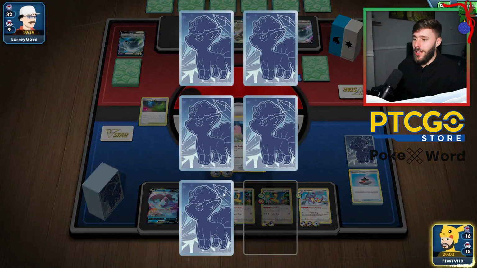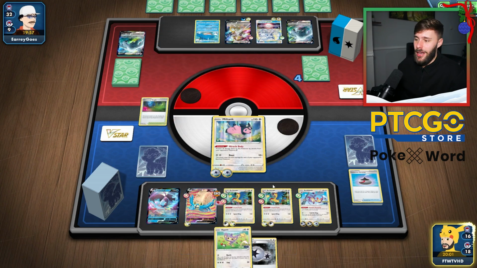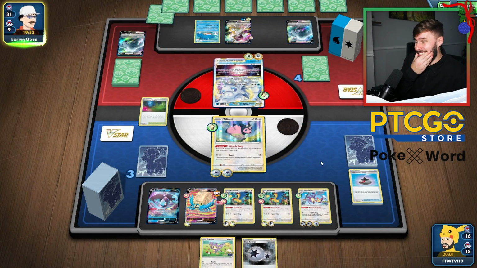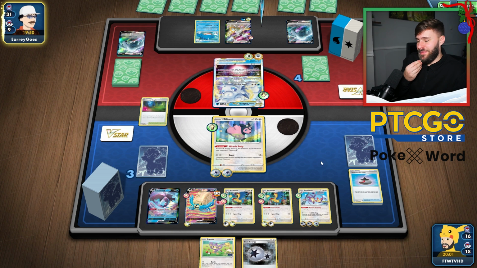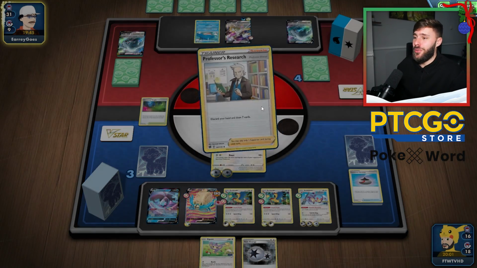I'm hoping Ambipom can take us there. Yes, that's what I like. Yes. Oh, another Aipom. Yeah, I'm hoping it can take us there. We just need the Gust. That's the thing. And this is going to shred straight through that Miltank. And also, it has its V-Star power available. So it can also go for a cheeky